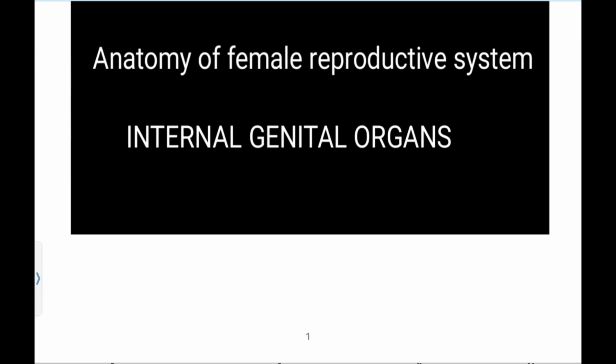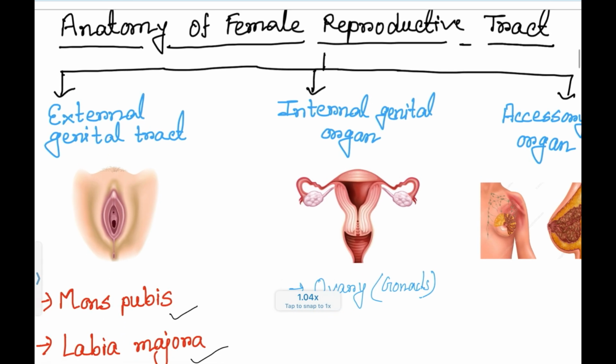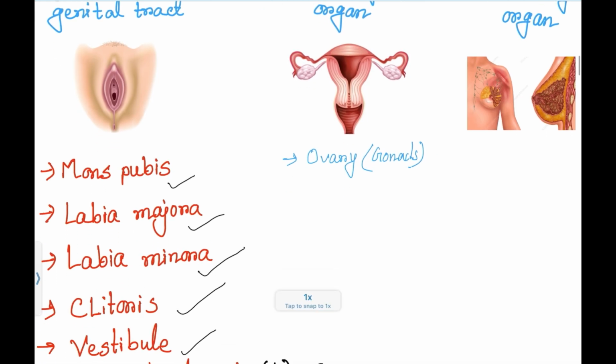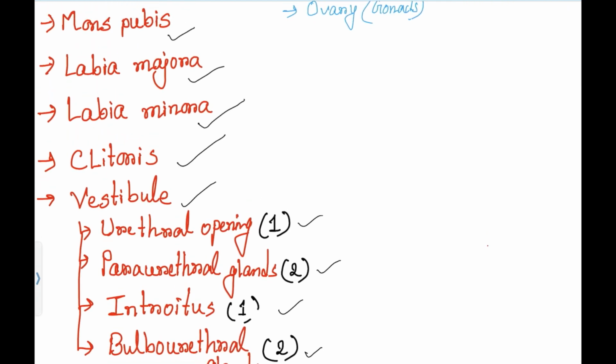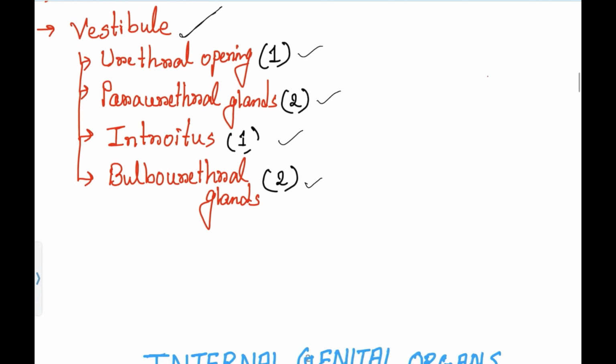In our previous session, that is in part 1, we discussed the anatomy of the female reproductive tract categories, that is the external genital tract, internal genital tract and accessory organs. In part 1, we discussed the external genital tract only, in detail: mons pubis, labia majora, labia minora, clitoris, vestibule. We discussed that the vestibule has a total of 6 openings, that is 1 urethral opening, 2 paraurethral glands, 1 introitus and